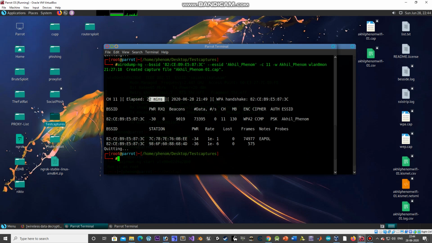It took about 22 minutes for me to get the handshake. If it was the BSSID command with deauthentication, it could take about 2 minutes to get the WPA handshake. But as we are doing this in stealth mode, not creating any suspicion, it could take minutes to hours, so be patient. And as you can see at the end, at the moment I got this WPA handshake, there came a note called EAPOL. Now we could use this as a filter in the